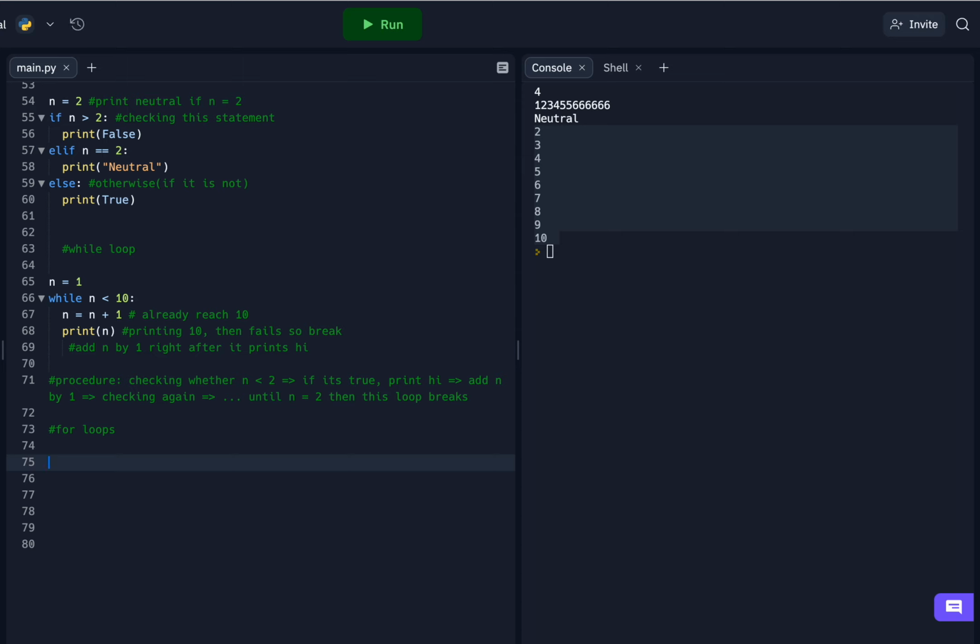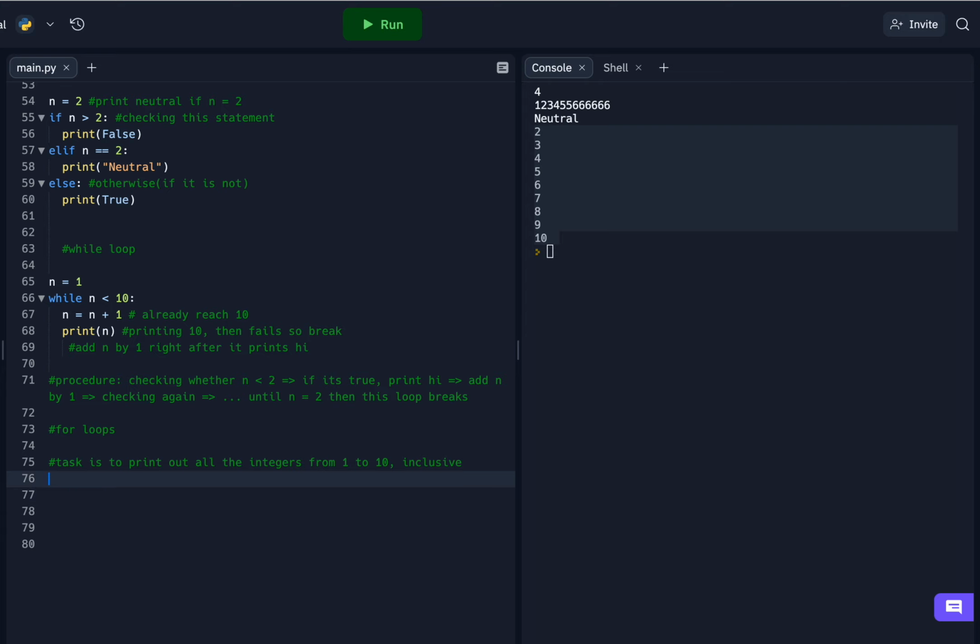Let's say my task is to print out all the integers from 1 to 10 inclusive. We just did it by using a while loop, but now what if I want to use a for loop? Then something really simple is,